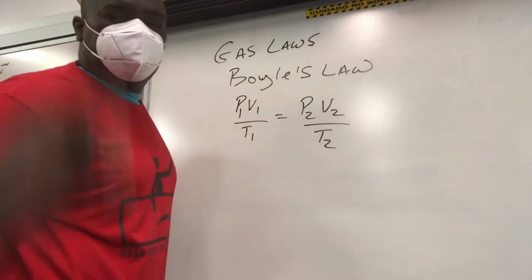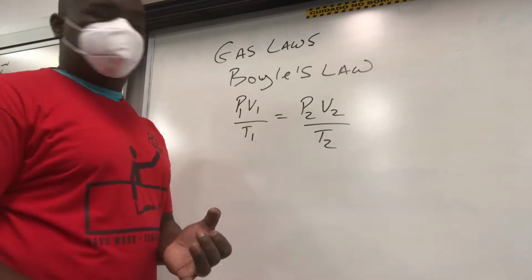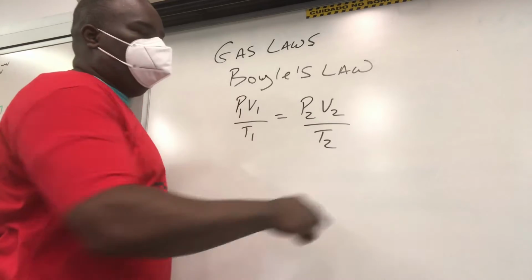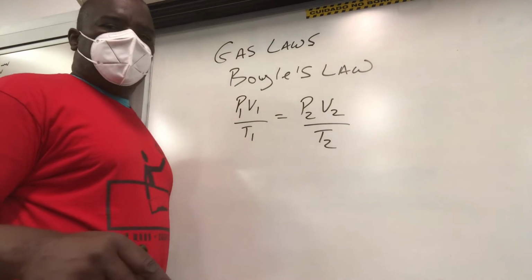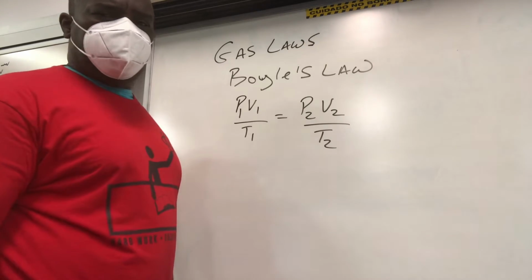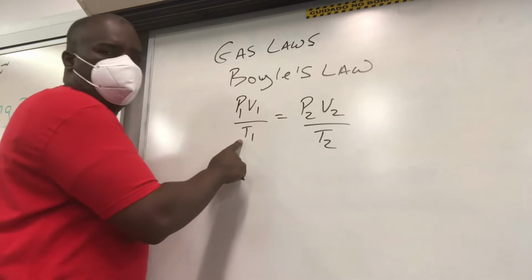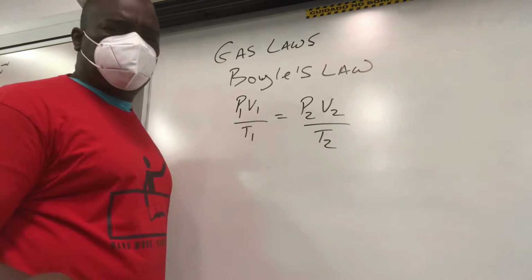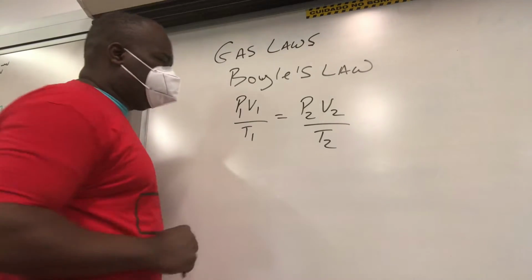Now guys, it's very important that you know what the variables mean, and what these subscripts mean, before you venture into any kind of calculations, okay? Because then it'll get random and it's not going to end up well. So the P stands for pressure, V is volume, and T is temperature, right? I think it's in the back of your reference table, on Table T, it tells you that. But the subscripts, the ones, okay,